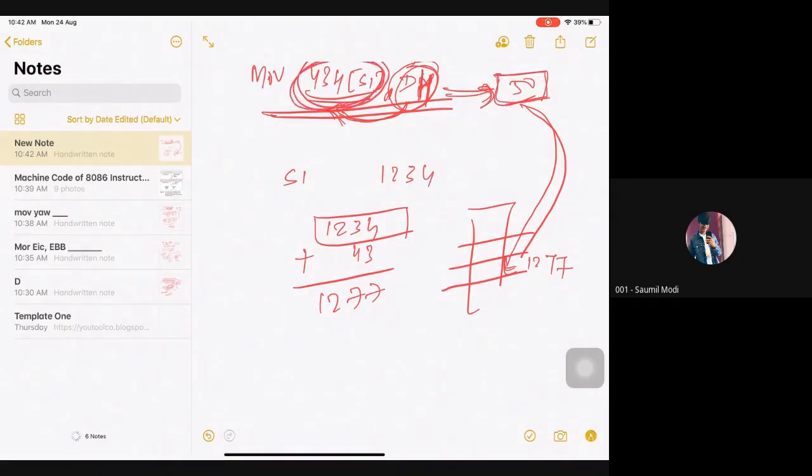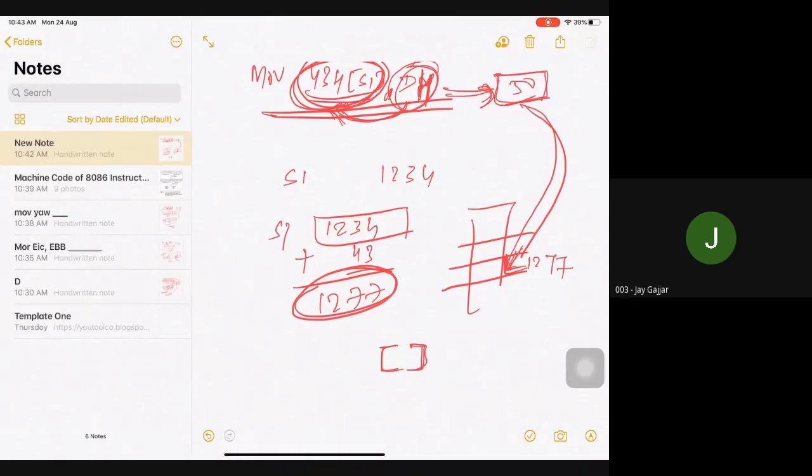Now, as I already said, wherever you see a square bracket, that means you are dealing with memory. Keep in mind. So I will go to memory and this data will be copied there. How will it be copied? SI will be added with 43. You will get one memory address and you can store on that location. Clear? Yes.